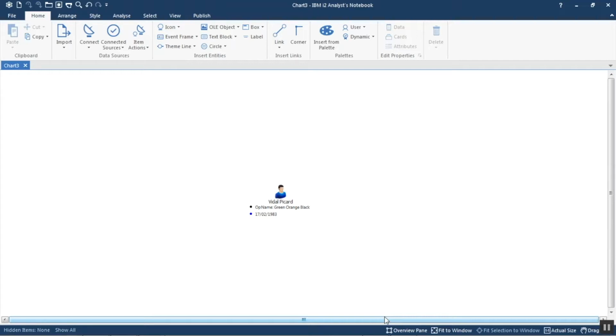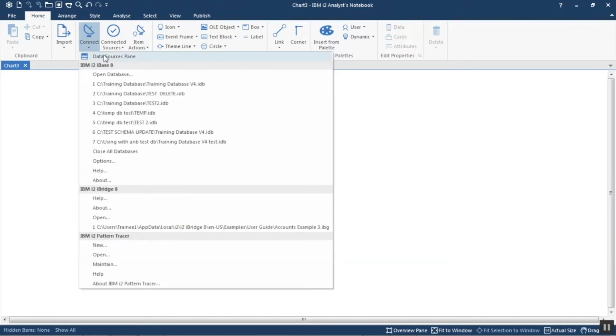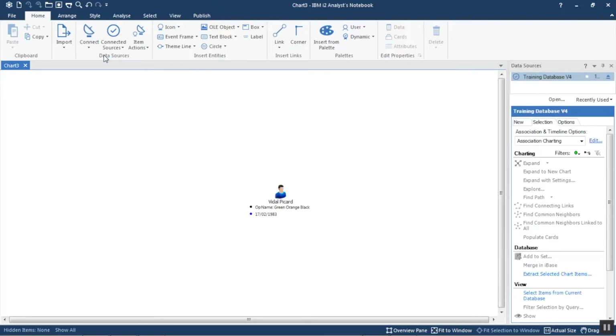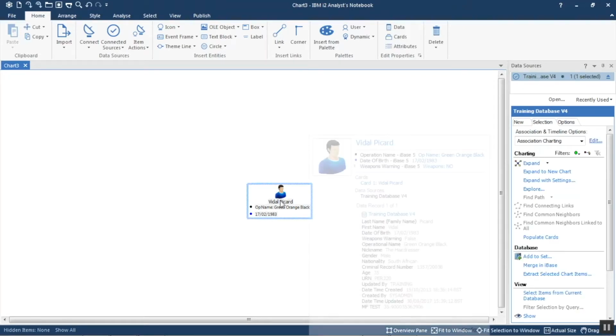In this example, a person called Vidal Picard. Now, to work most successfully between the two products, it's helpful to have the Data Sources pane appear on the right-hand side, which it may already be doing for you once you've charted. But if it's not, in version 9, you simply go to the Home tab, choose Connect, Data Sources pane, and there it is. Then on the chart, you can choose the things you would like to expand. And then over on this right-hand side, you go to the Selection tab. You choose Expand with Settings,